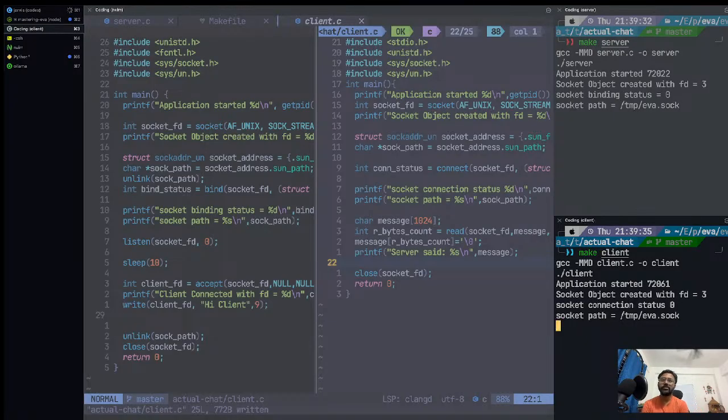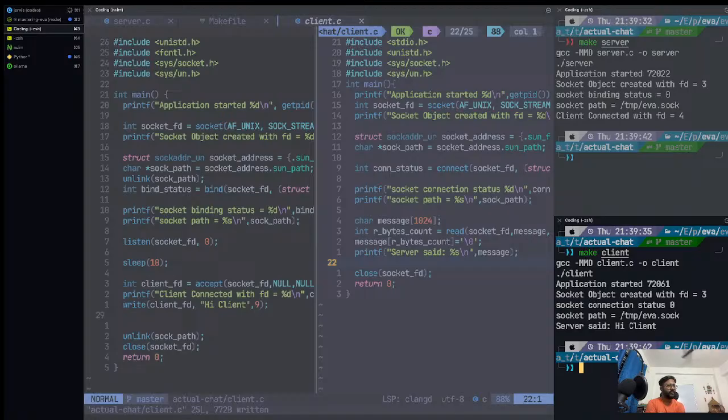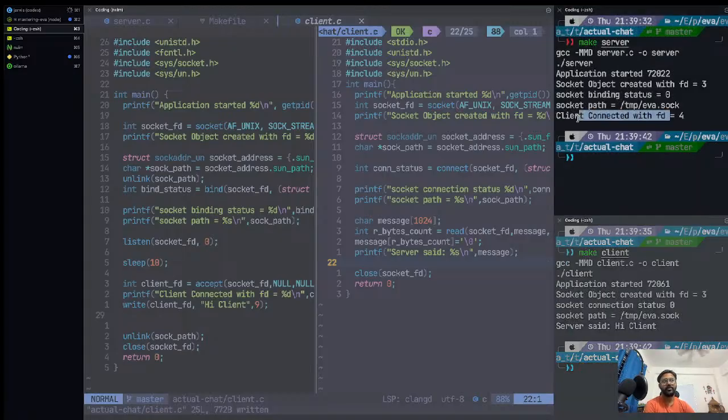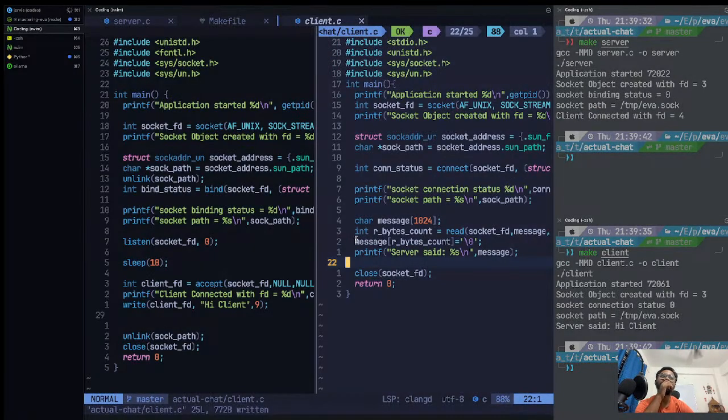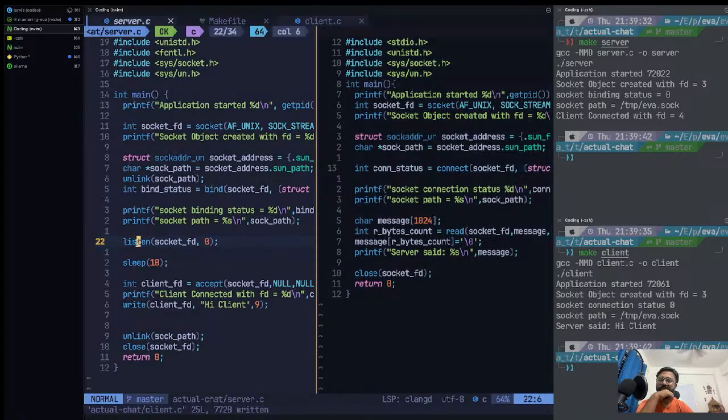So the server has not said anything, but did it connect? Yeah, because the server said hi client and the client connected. But when is this connection happening? I believe this connection already happened here, right? So if this happened here, it was listening to this, but it accepted the actual connection after 10 seconds only,